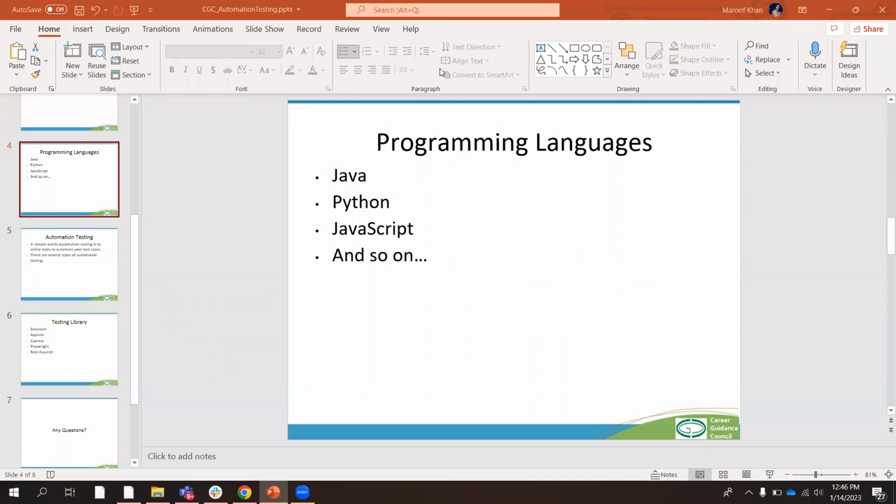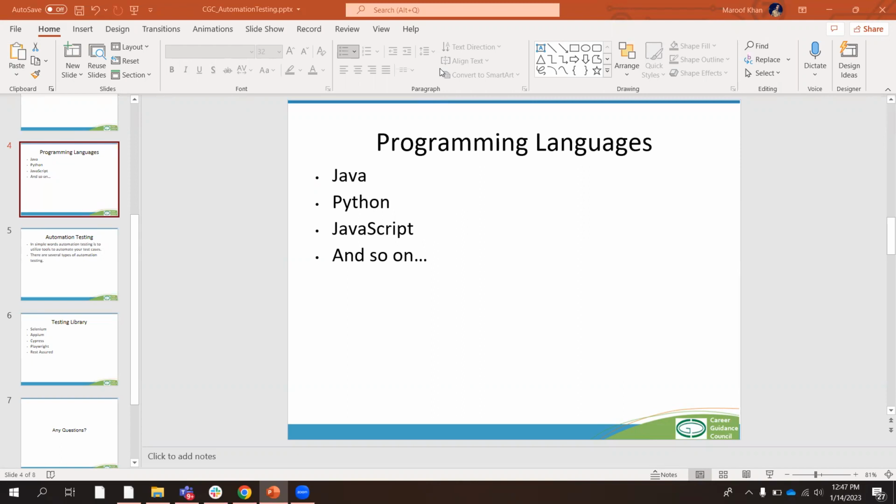Okay, so these are the components of a good test case. You need to understand them. Then test plan, test strategy. And after that you can also learn one of the topics, that is how to write a